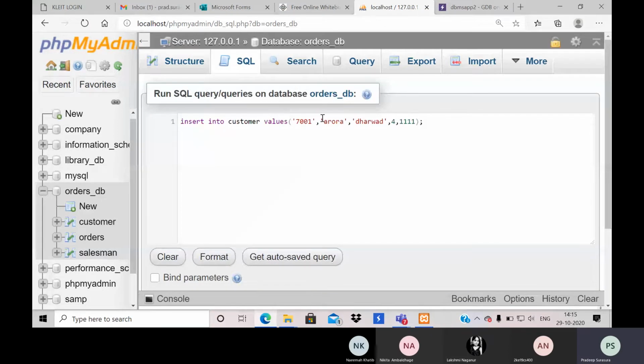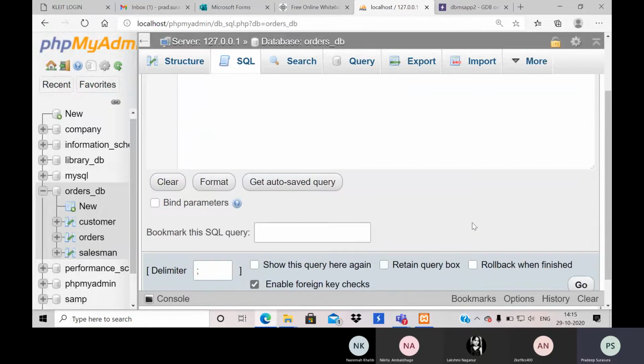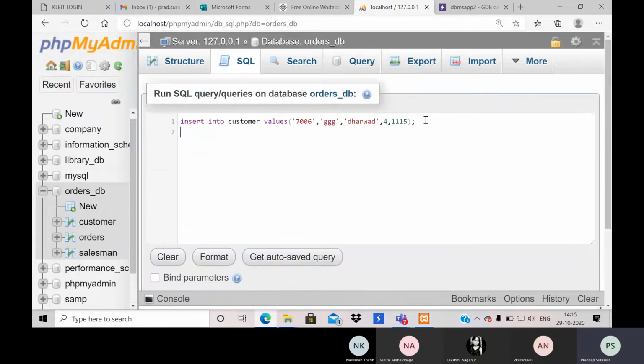So now let me give this as 6. This is 5. I can add multiple values as well. Before this, let me give some additional value.